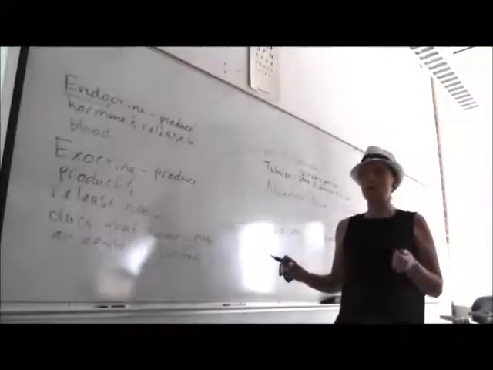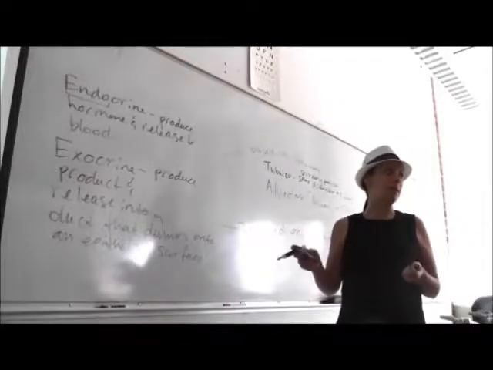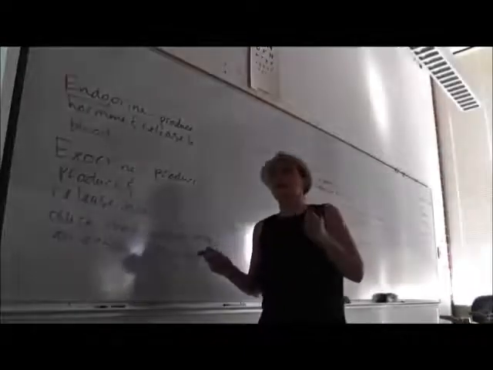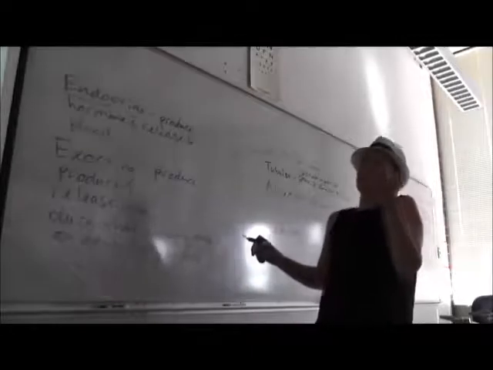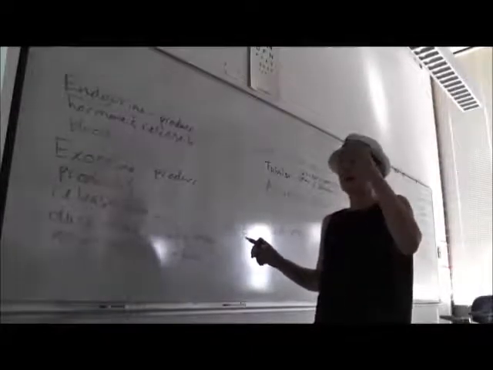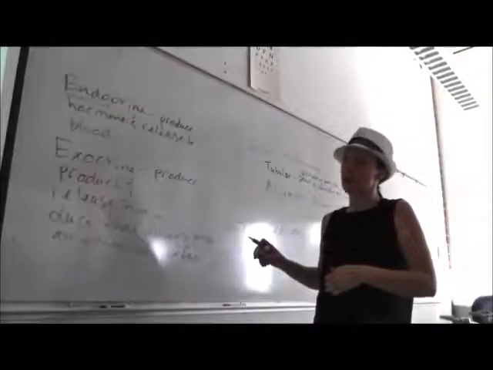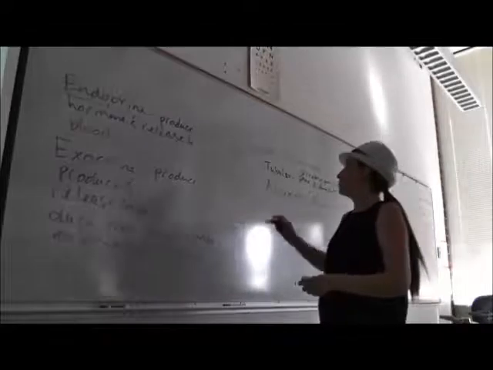I'm not going to make you name all of these things. I want you to be aware that these types of glands exist in the body. Why? Because if you have to identify a slide, our slides are just cutting through one section and you're looking at something. So if you were looking at this duct and you were to cut through it,